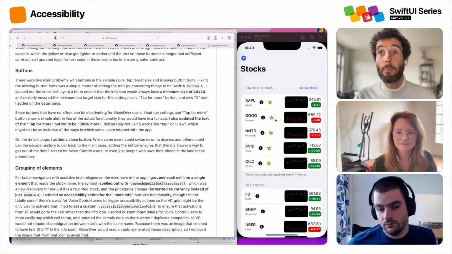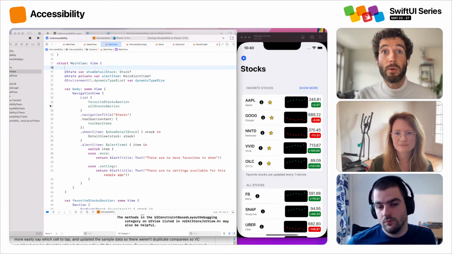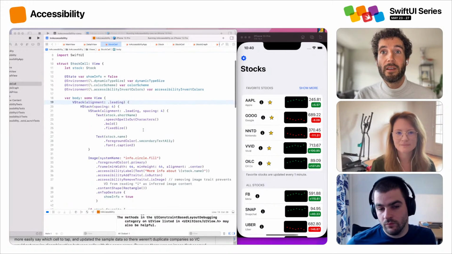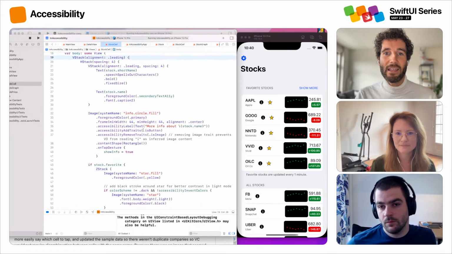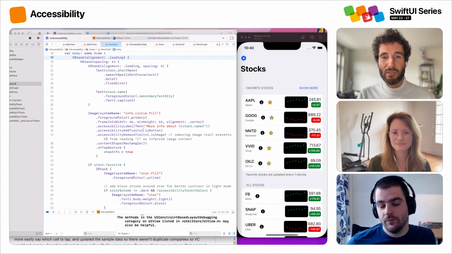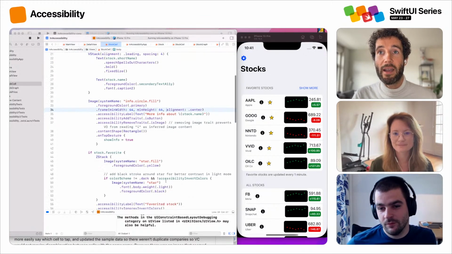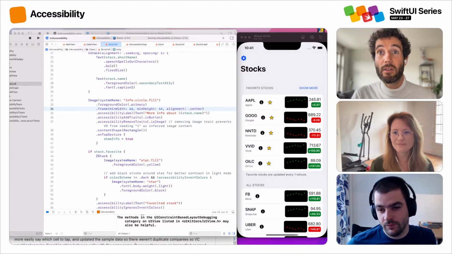He made sure that all the buttons have a minimum text size, a minimum tab size, which I think is super nice, because that's one of those things that even just going through a normal app, you oftentimes click on a button and it's just a little bit too small. So just by making sure they all have a minimum height of 44, you can cover most of that there